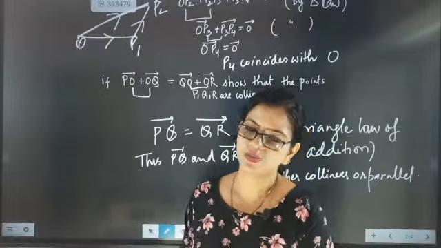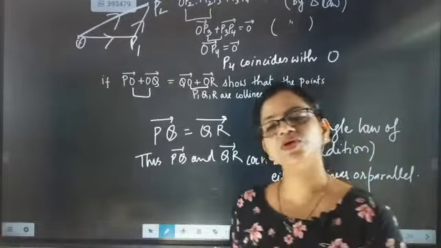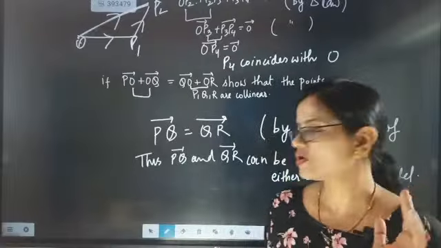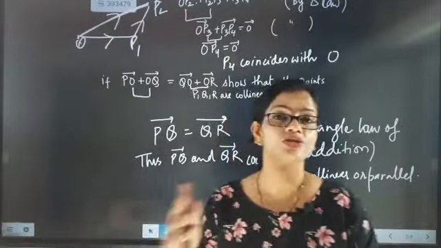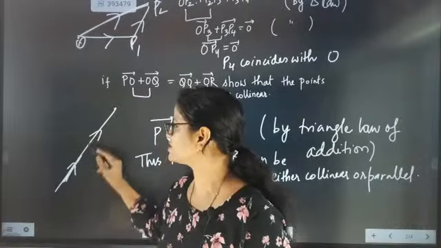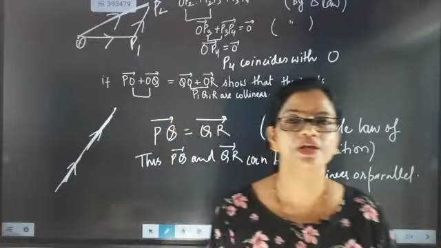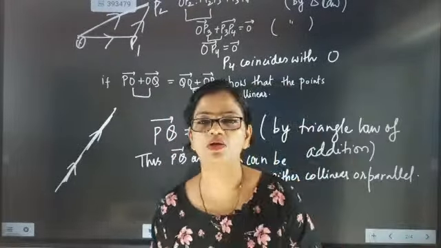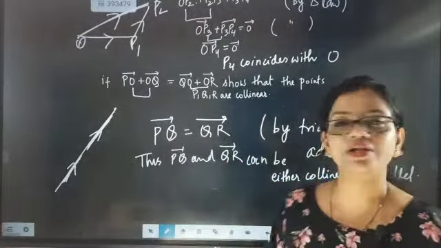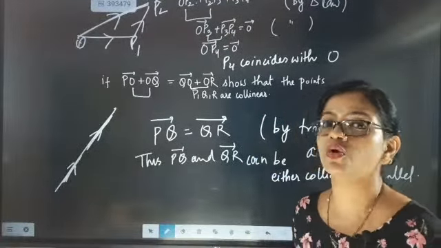So there are two possibilities. When two vectors are equal to each other, they can either be collinear or parallel, as we discussed support and sense in the first video. We don't have time to go back and teach from the beginning. Only one thing: two vectors with the same support can exist. So they can be collinear also, they can be parallel also. Here PQ and QR can be collinear also and parallel also, but since